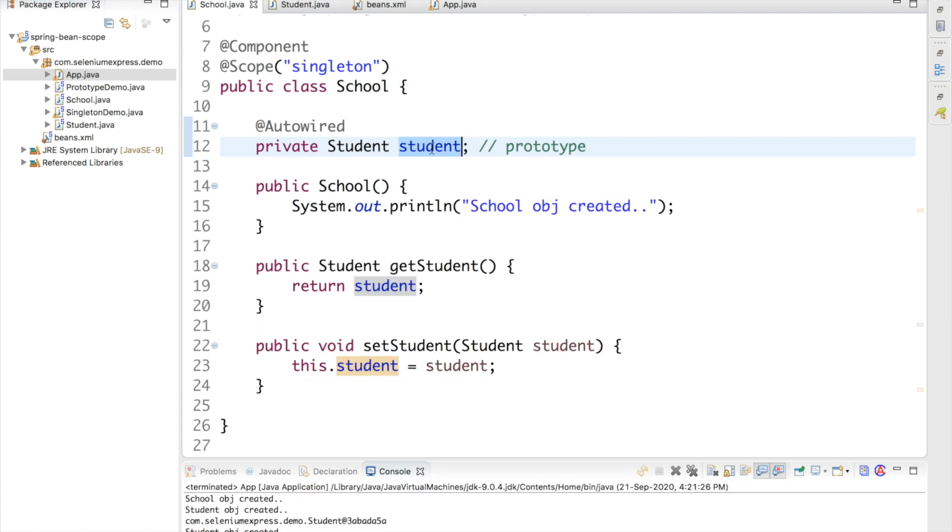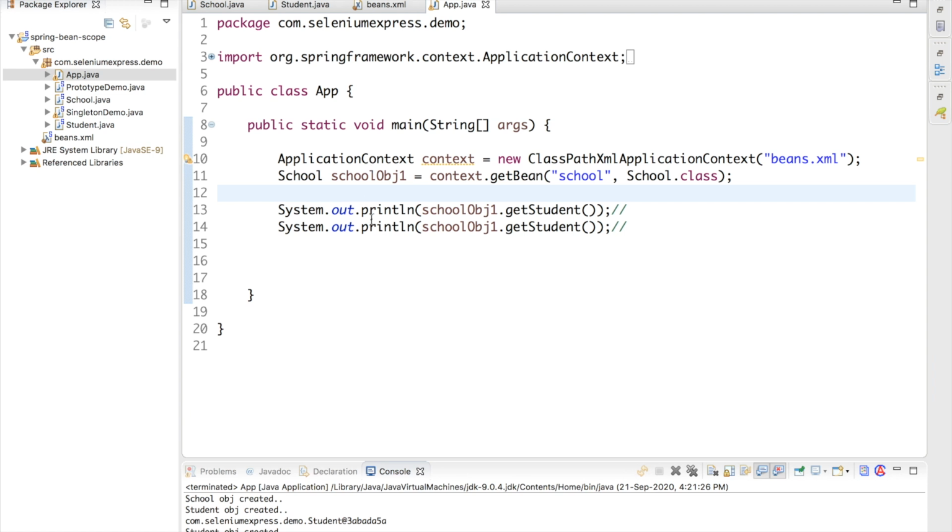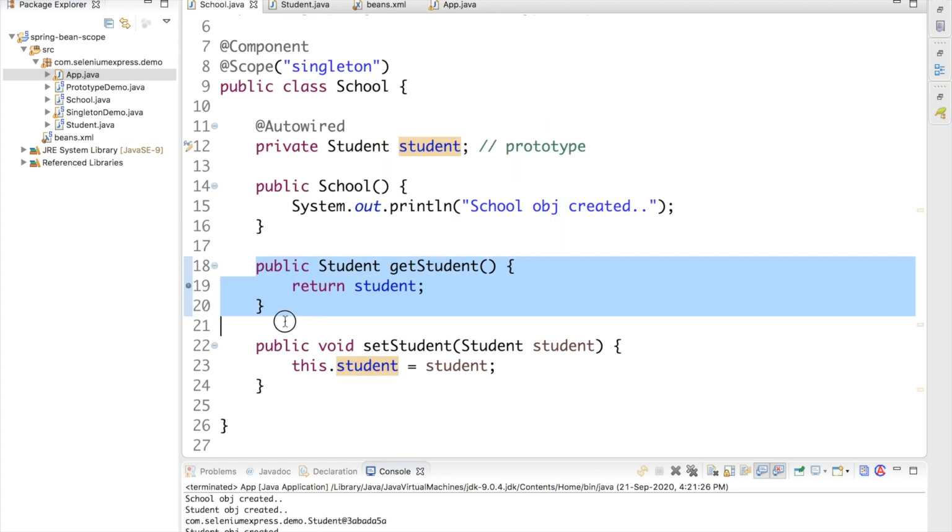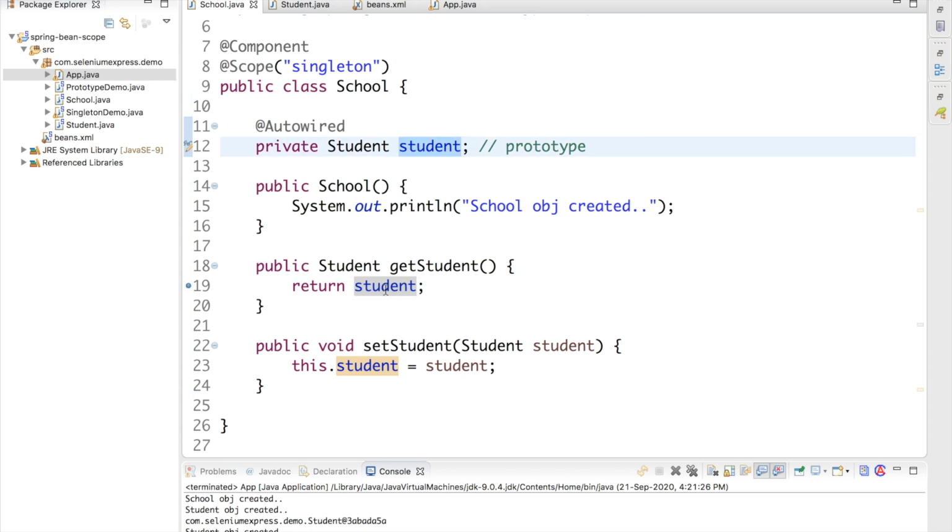You should not just believe me. To prove that, what I need to do is put a breakpoint here, and I can put a breakpoint here in line number 19. I can go here to app.java, and whenever I call the get student method, I can put a breakpoint here. So my code flow will stop right here, and I can see that the student object that I'll be getting is basically not a normal object, it is a proxy object, and it is generated by CGLIB, the Spring Code Generation Library,